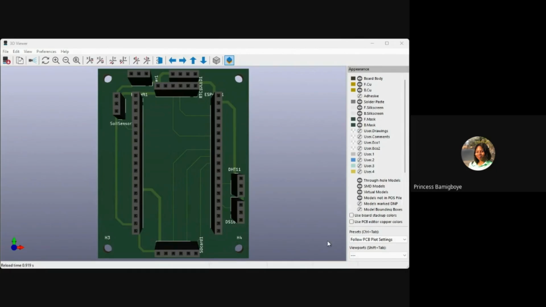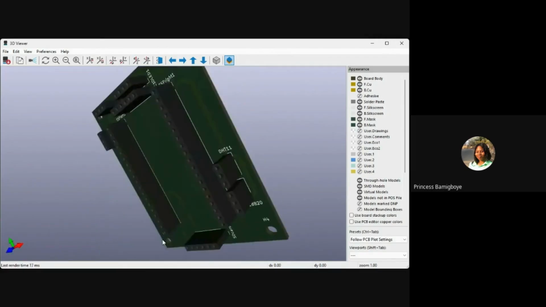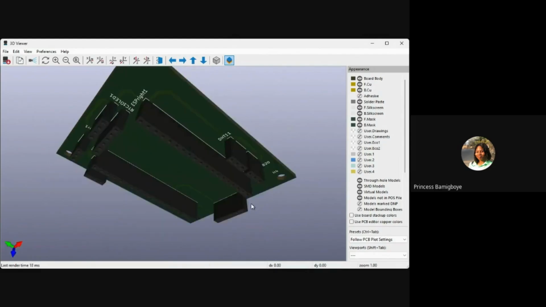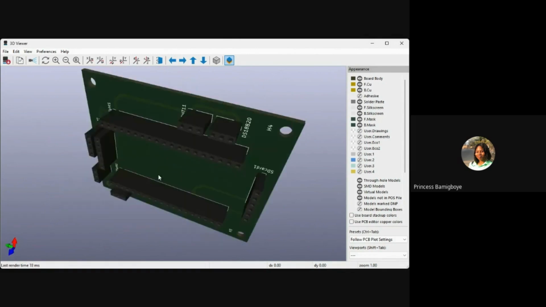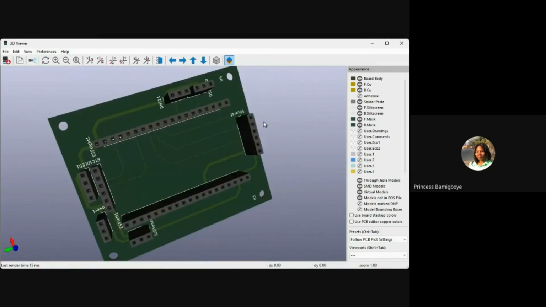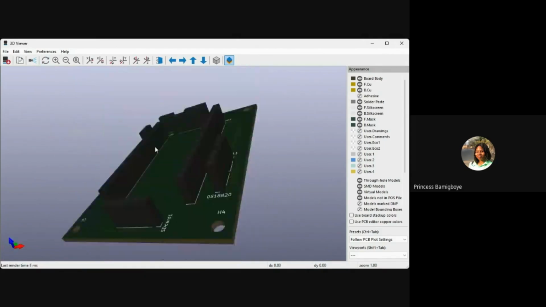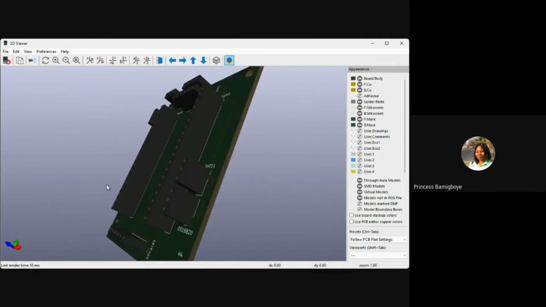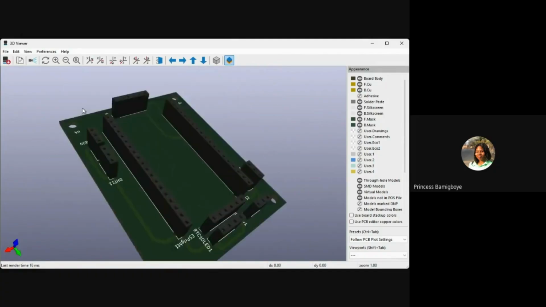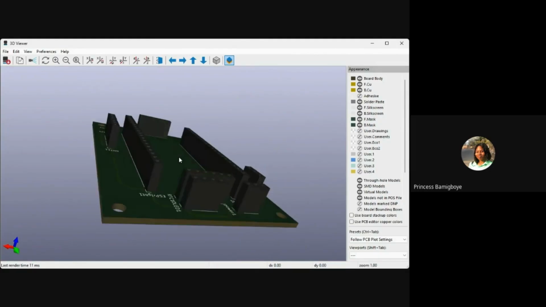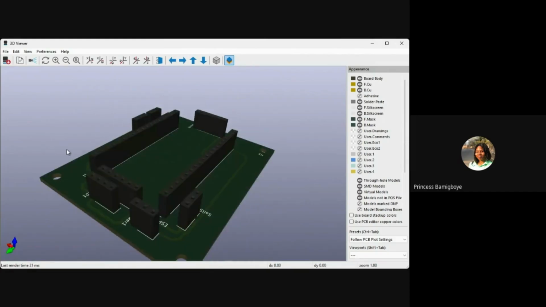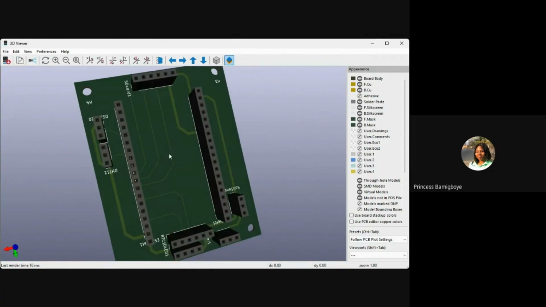But the headers won't be there, of course, because you haven't soldered it yet. But when you eventually add them on, you get something like this. So yeah, this is a project that my boss wants me to work on. I've been working on it with my boss. I don't know if I should be showing you guys, but I'll just show you because he wanted me to post about it. So when you eventually print it, right, you won't have these headers, of course.